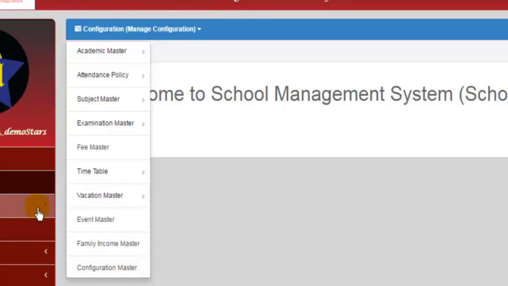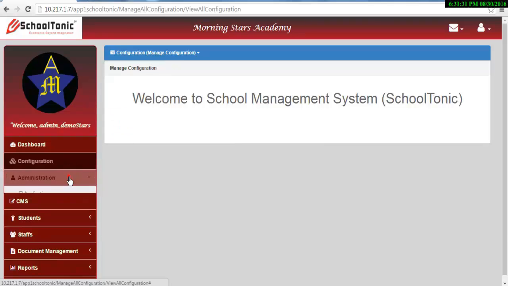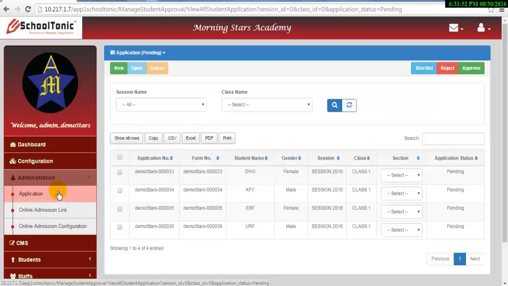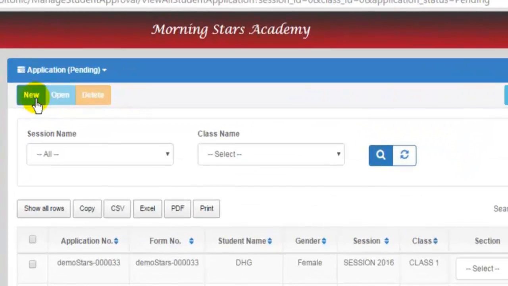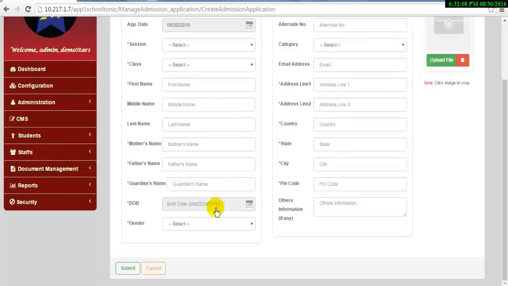You find a module called administration, with the help of which you can take the admission of students by filling up a particular form. Click on application. From here, click on new. You can fill up this form, and once the data has been filled up, you can submit it,